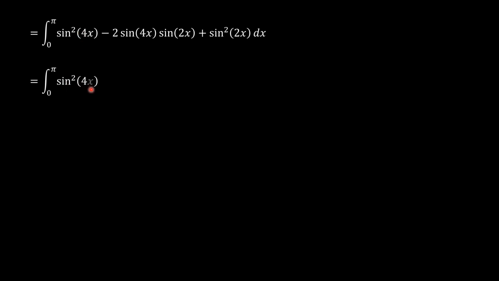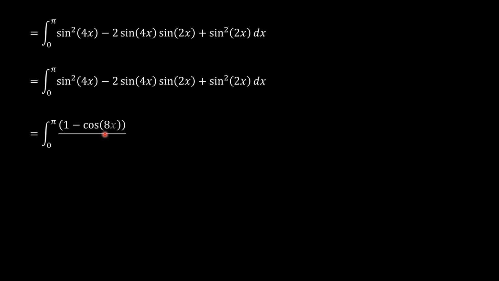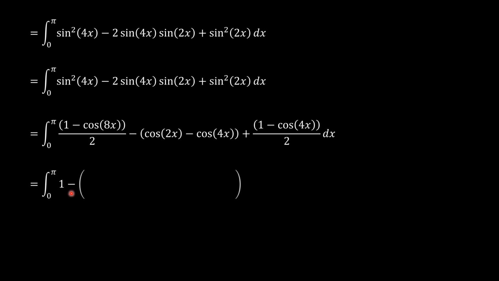So sine squared 4x is the same as 1 minus cosine 8x over 2, and this here is the same as cosine 2x minus cosine 4x, and this here is the same as 1 minus cosine 4x over 2. And so we can get this half and bunch with this half. This is going to be 1, and then we see here this is plus cosine 4x minus sine 4x over 2, so that's going to be a half. So just bunch that. We have 1 minus